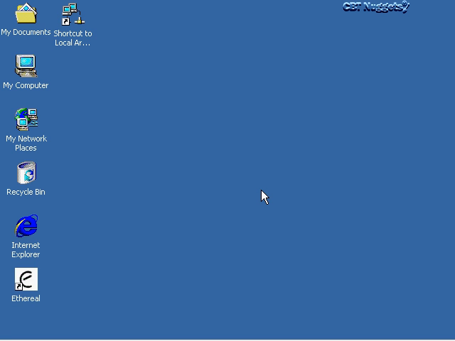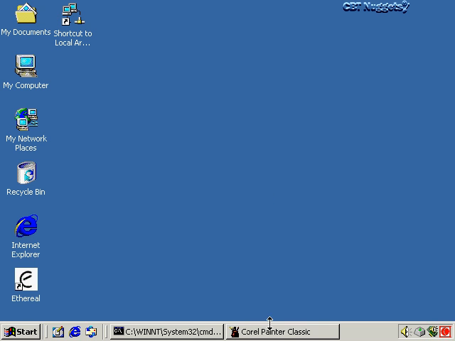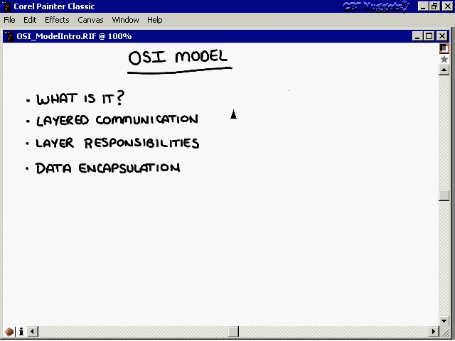The OSI model. It is the most referenced protocol model in the industry today, and still none of today's popular network protocols follow it directly. Today we're going to look at the OSI model and start by defining what it is. Next we're going to look at layered communication and the advantages that it offers us. We're going to look at the different layer responsibilities within the OSI model, and finally we're going to cover data